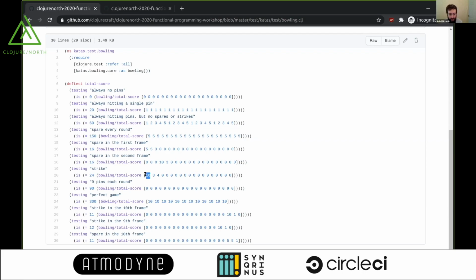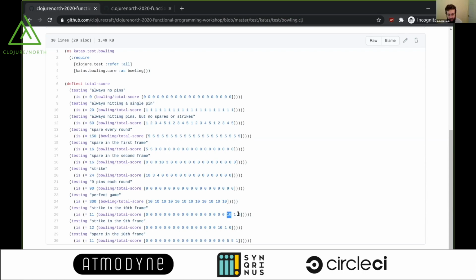So for this where I rolled 10, 3, 4, and so on, there would be a vector around 10, because that was a single frame with a strike, and then another vector around 3, 4. And then these 2 zeros would be paired up, these 2 zeros would be paired up, because that's how the frames would work. And then at the end, maybe you would pair up